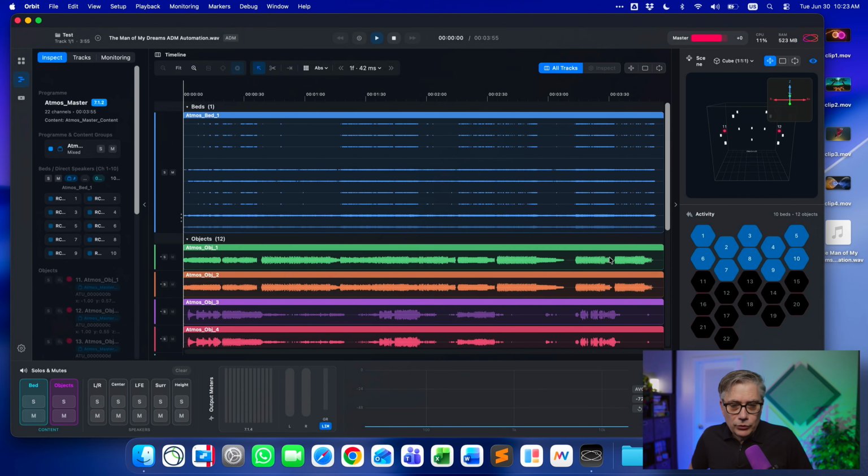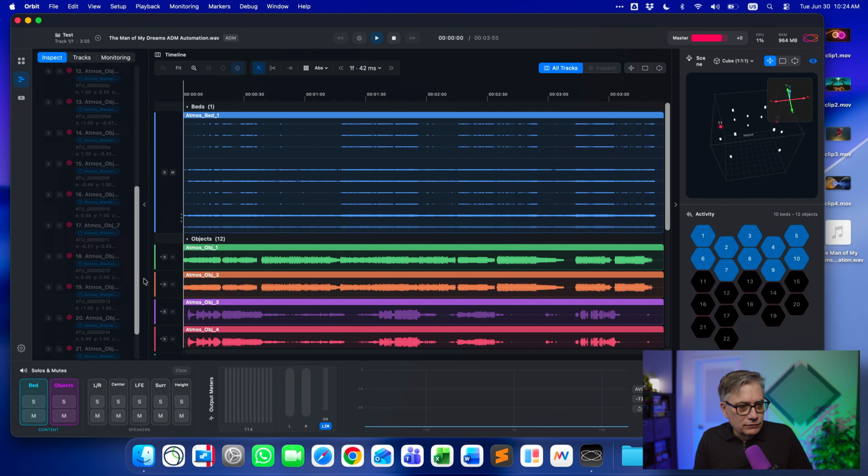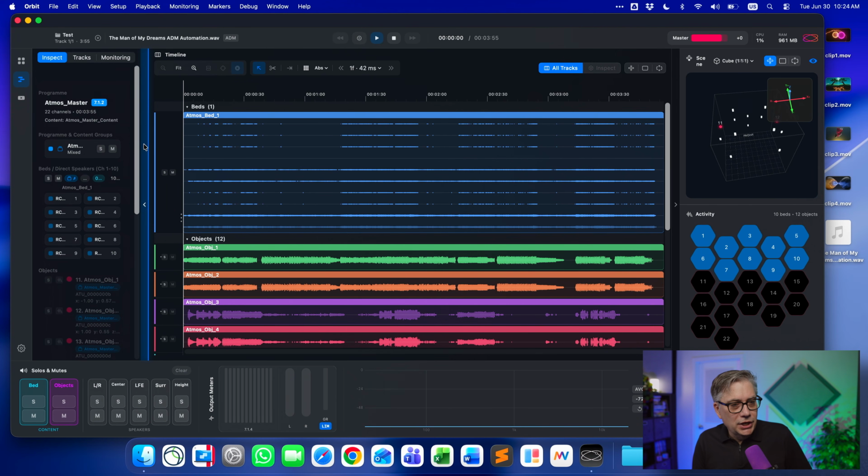Now the first thing that you're going to see is the interface is a lot cleaner now. It's actually very usable at that point. It's very professional looking. It's very easy to see where everything is. Here we have all the individual tracks, the Dolby Atmos bed, the individual objects. We have our view of where the objects are. We have the activity window here, the loudness measurement window. We can solo and mute individual channels. We have the output meters. And here we have the inspector window, which gives us all the information about the individual channels.